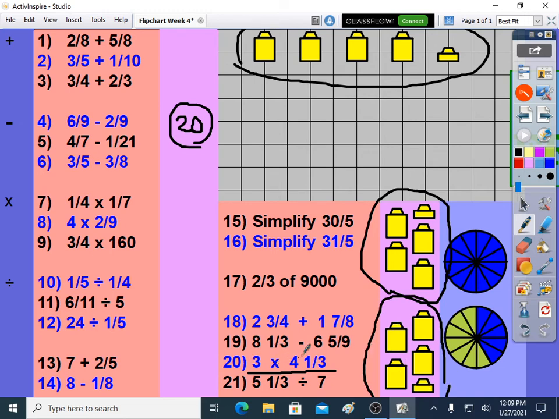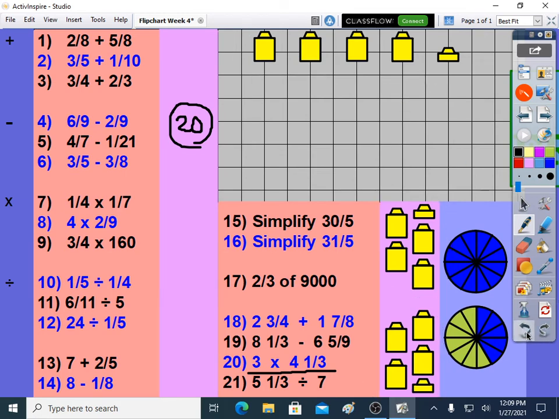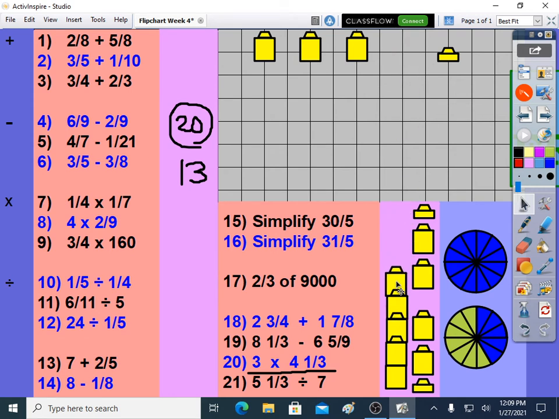3 lots of, remember times means of, don't you? 3 lots of 4 1/3. So we're going to have 4 1/3 3 times. And we already found the answer using maths, and the answer was 13. So I'm just going to move them all into a tower and prove to you that we'll get 13. Sometimes the little stud on top of the brick doesn't fit perfectly. But you get the idea. If we're building this tower up,